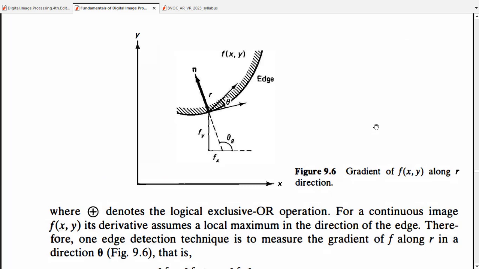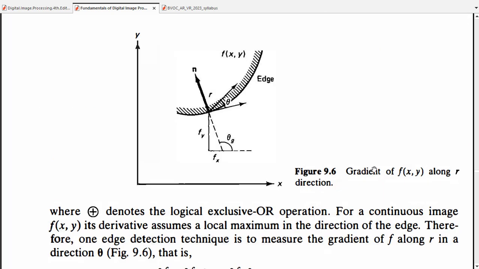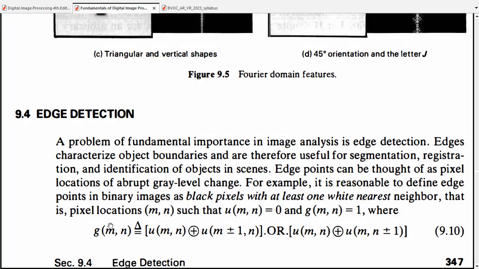Edge detection is a fundamental phenomenon of image analysis. Edges characterize object boundaries and are useful for segmentation, registration and identification of objects in a scene. Edge points can be thought of as pixel locations of abrupt gray level change. For example, it is reasonable to define an edge point in binary images as a black pixel with at least one white nearest neighbor, that is, a pixel location (m, n) such that u(m, n) = 0 and